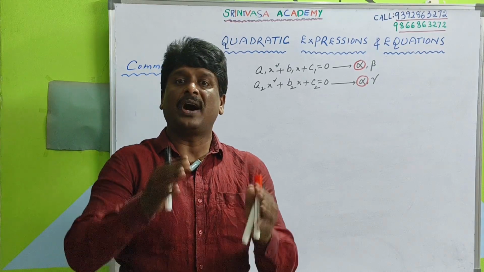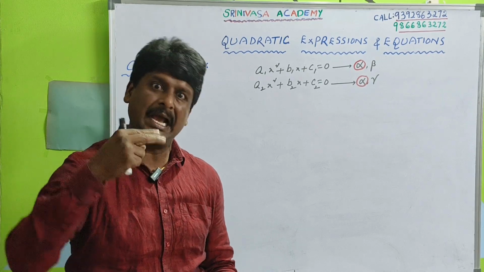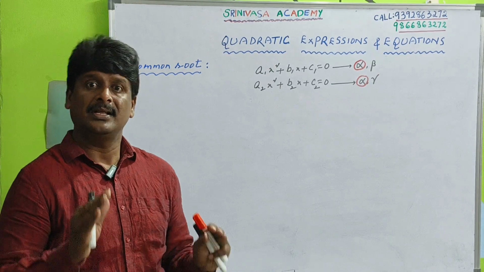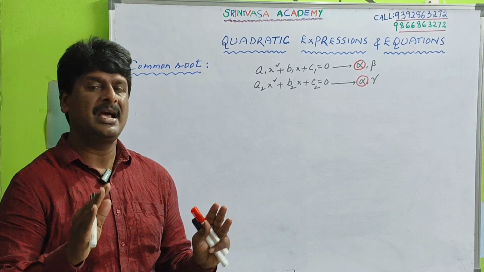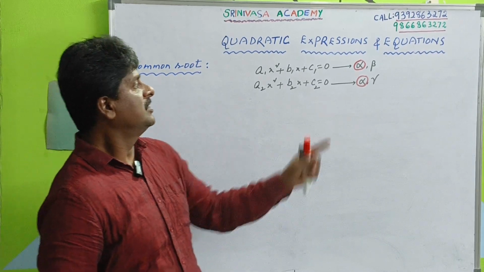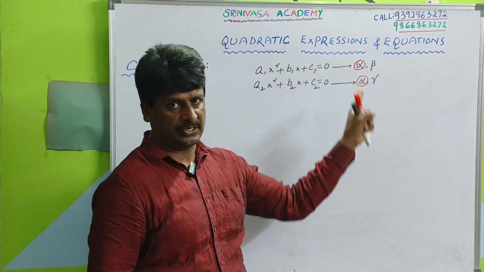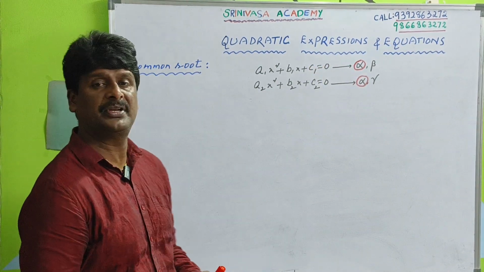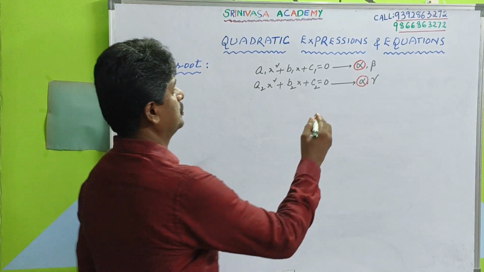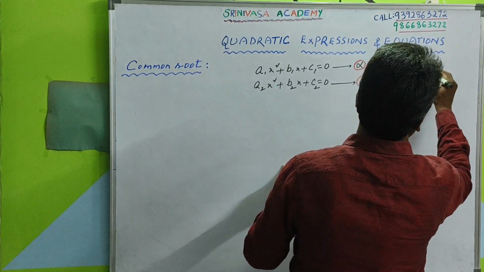Okay, so what is the condition when the two quadratic equations have a common root? The condition that the two quadratic equations have a common root. Let us see. Okay, so take this example only. For the first equation alpha comma beta, for the second equation alpha comma gamma. So alpha is a common root. Here alpha is a common root.